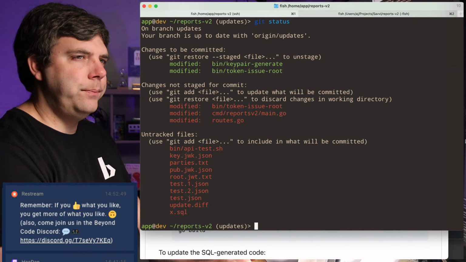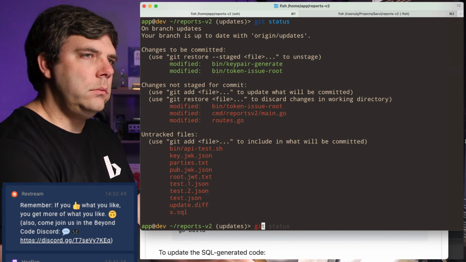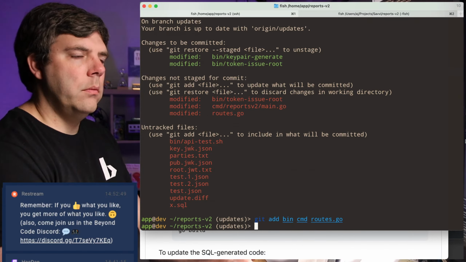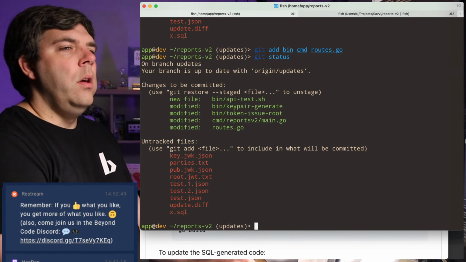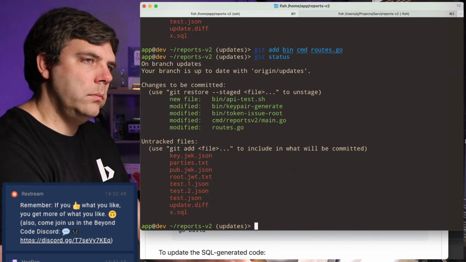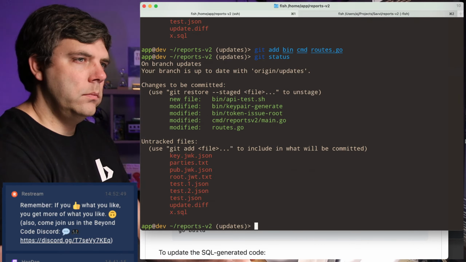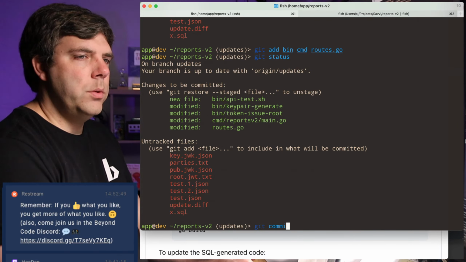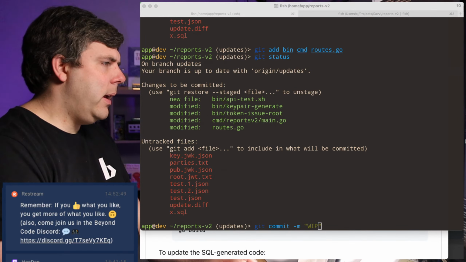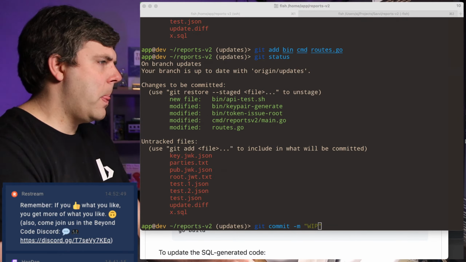All right, what am I doing? Okay. Just going to go ahead and commit. I think I am going to go ahead and edit this deploy key.